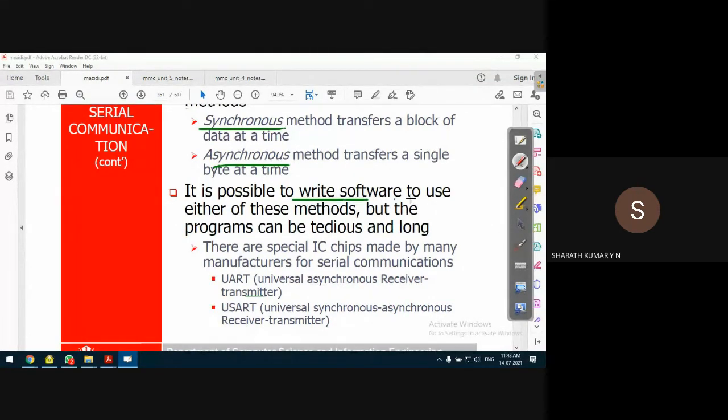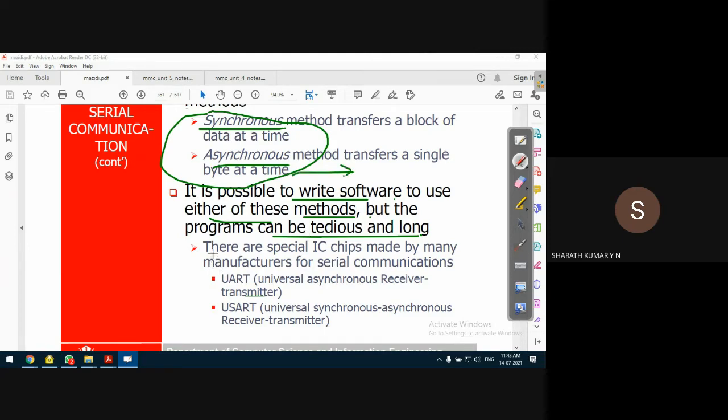It is possible to write software to use either of these methods, but programs can be tedious and long. That means we can write code to select either the synchronous or the asynchronous method of writing the data, but it's a tedious job.